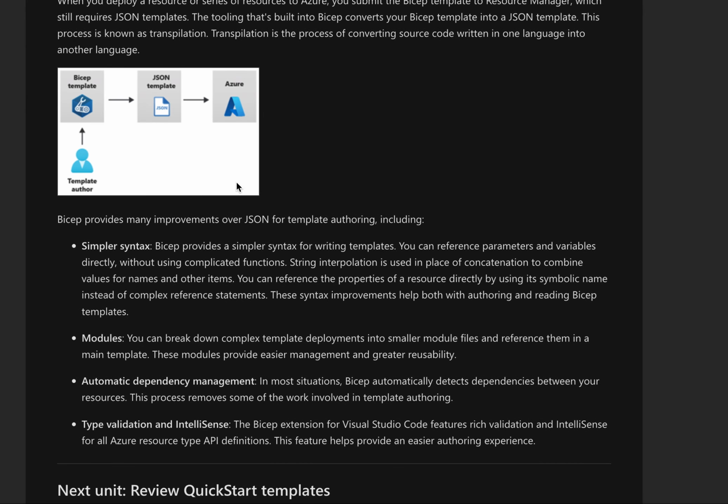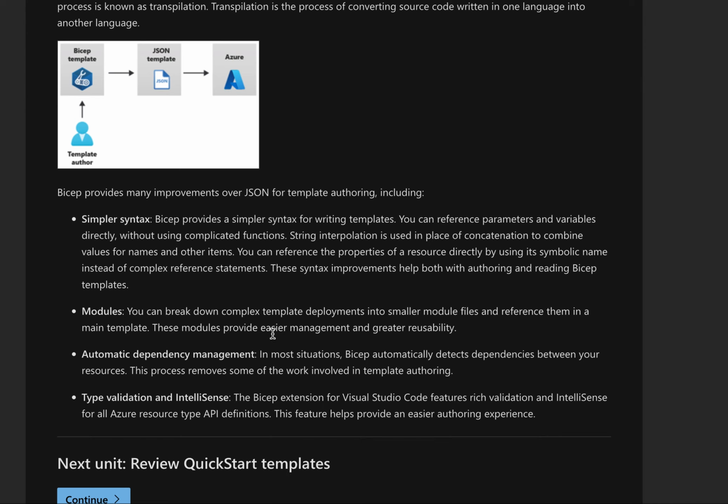Not sure if you need to go into details, but I think the gist of it is that Bicep provides an abstraction layer over the ARM templates and is used to simplify the process of creating the templates. So simpler syntax, you can break down into modules, automatic dependency management, and